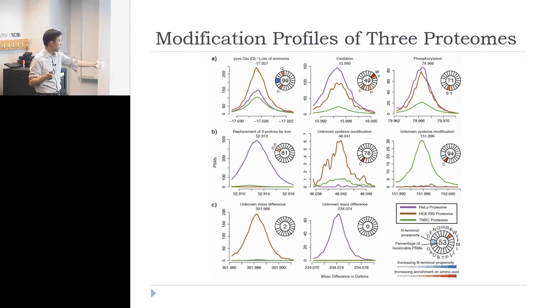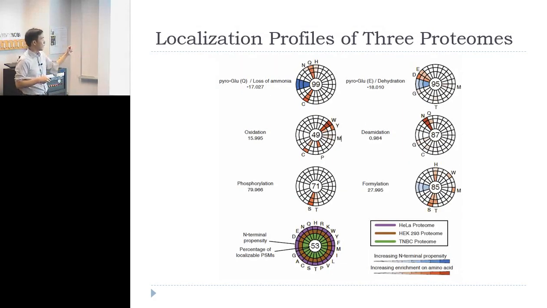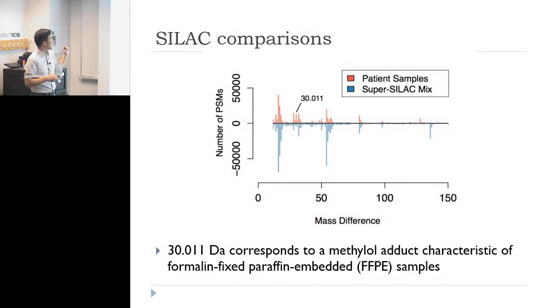And then there are also these mass differences that are unique to a particular data set, but we don't really see evidence for that mass in the fragmentation spectrum. So those are also very interesting, and I'll talk more about them in the bistro talk in the afternoon. And we see that there's not much difference in the localization profiles of these different proteomes, and that's just to be expected. And from our SILAC data comparison, we compared the two different channels, the light and the heavy channel